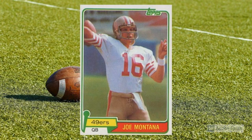1981 Topps Joe Montana rookie card, number 216. This is the card everyone knows about, the one that shows a young Montana in his San Francisco 49ers uniform, warming up that right arm of his in the sunshine. It was a sight that would become iconic over the next decade as Montana and coach Bill Walsh and countless other stars and superstars lifted the Niners from the depths of the NFL's second division to winners of multiple Super